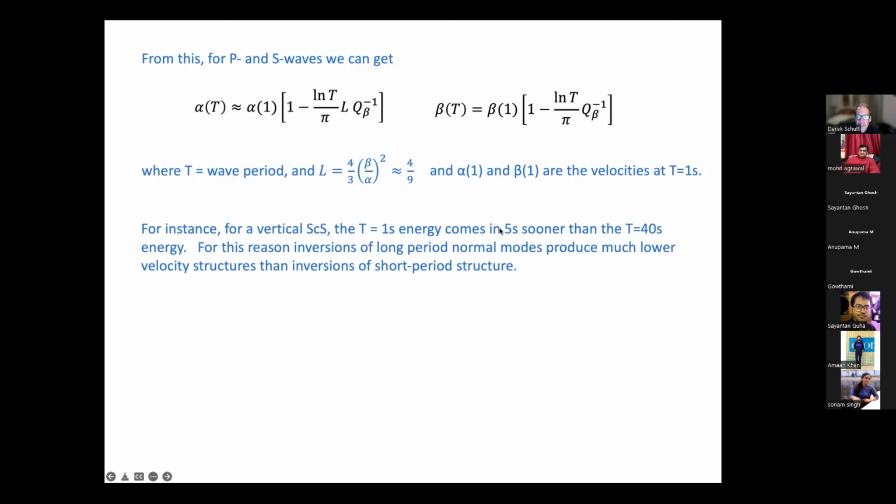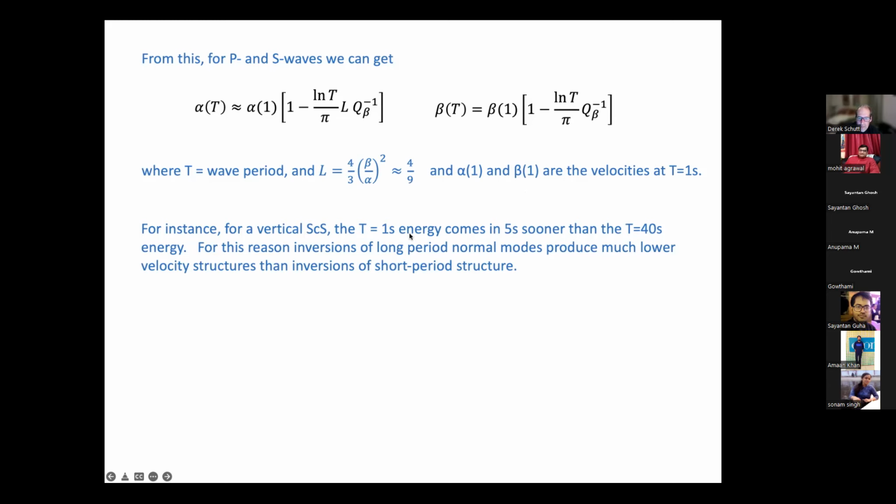So what this means is if I put in 40 seconds for T, then the T equals 1 second wave, which is beta of 1, is going to come in 5 seconds sooner than the T equals 40 second wave, which is going to be beta 1 times this value here, which will actually reduce the velocity by ln T, so ln of 40 seconds over pi times 1 over Q. So you also have to ascribe a Q value to figure out the effect on